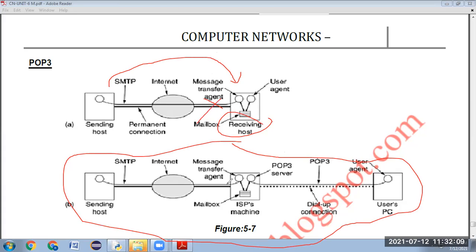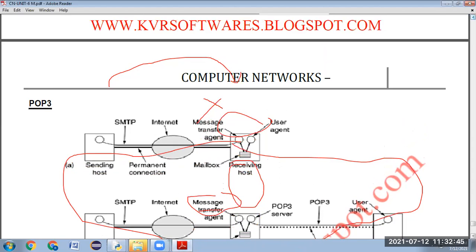So, to not allow the receiver to lose the email message after the sender has sent it, the ISP machine will store that message in its mailbox. The message transfer agent at the ISP machine stores the incoming mails in this mailbox, and whenever the connection is reset, it transfers those messages to the destination host. That concept is the final delivery. Clear? This is briefly and totally about this.